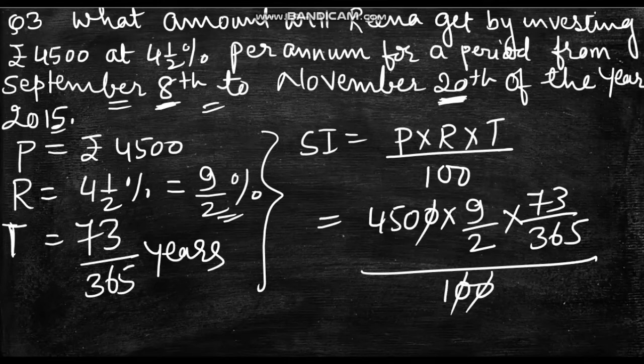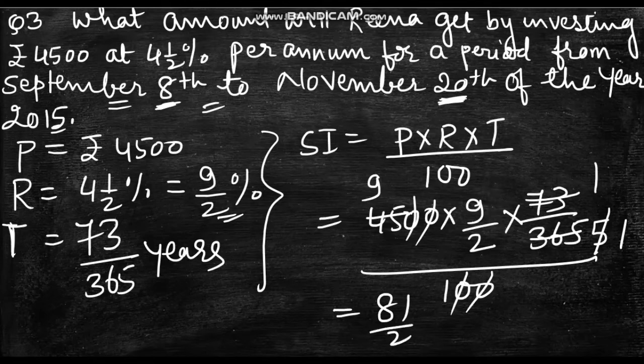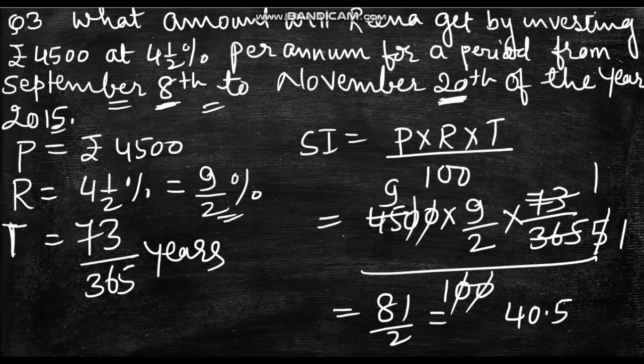Cancel these two zeros with the two zeros in the numerator. Now see here, we have already learned 73 ones are 73 and 73 fives are 365. Again this 5 will get cancelled with 45. 5 nines are 45. So see here children, what you are getting, 9 nines are 81 divided by 2 is 40.5, because if you divide 81 by 2, you will simply get 40.5. You divide and see, 40.5 plus 40.5 will give you 81. Because if you divide 80 by 2, you will get 40 and then 1 by 2 means 0.5. So here your interest is 40.5.